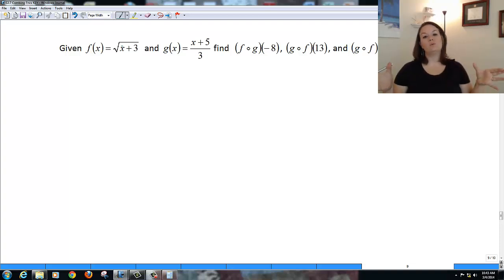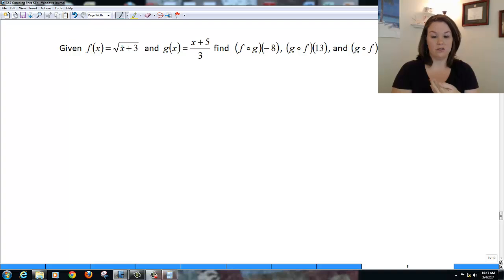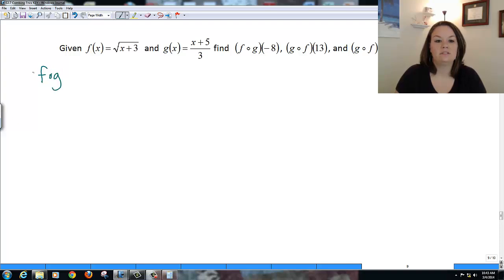Now, before when we did addition, subtraction, multiplication, and division, we just figured out what f of that number is and what g of that number is, and then subtracted, multiplied, divided. Here we can't do that because we're plugging one into the other. So we have to do it step by step. Okay, so they give us two functions, and they want us to find f composed of g